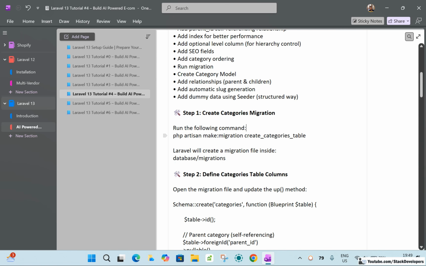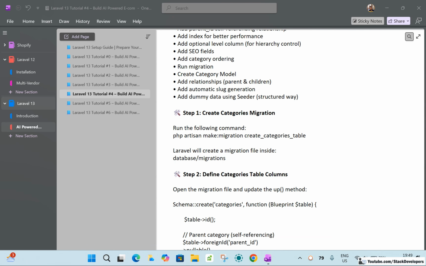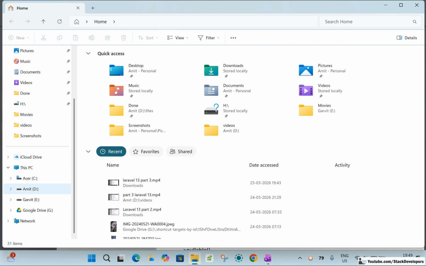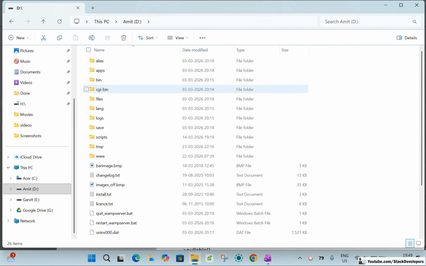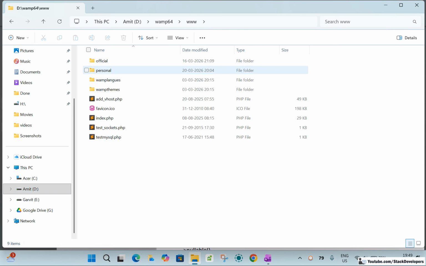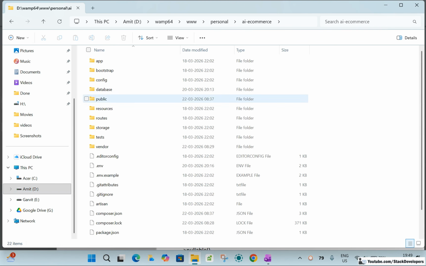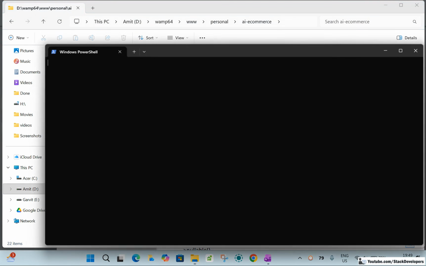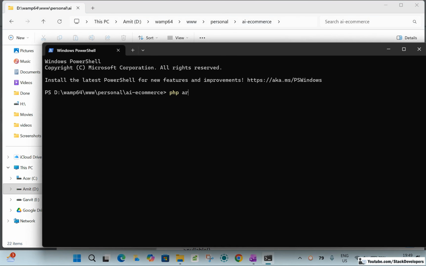Okay, so let's run this command, but first of all we are going to run our project. We are using the WAMP server with PHP 8.3, Apache server, so that we are able to run this Laravel 13 website. Okay, so here I will go inside the wamp64 www personal. Here it's my project AI e-commerce that we are doing in Laravel 13. So I'm going to open in terminal php artisan serve,